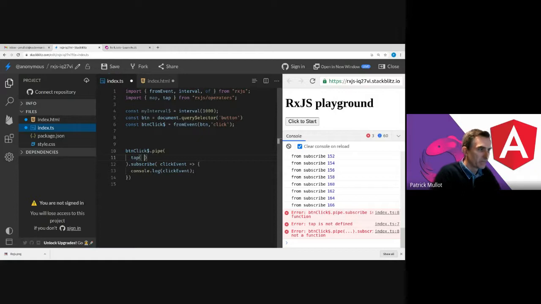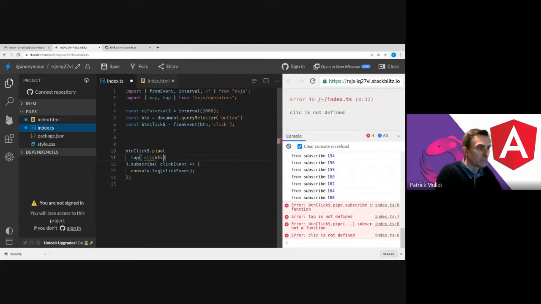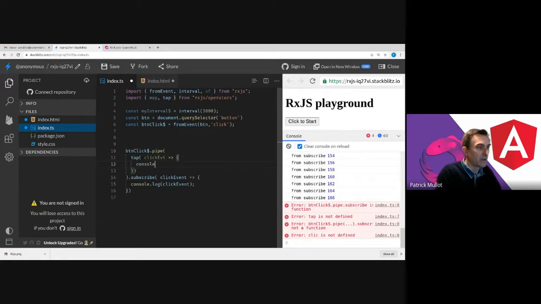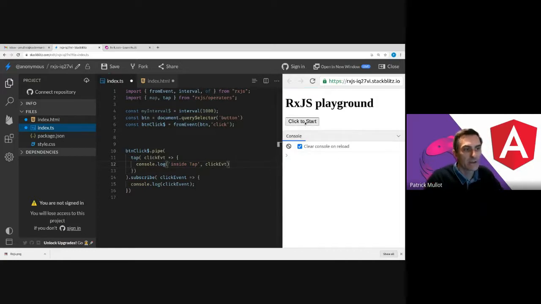Okay, so here I have my click event. I can say console log inside tap, click event. Okay, so now each time I click,